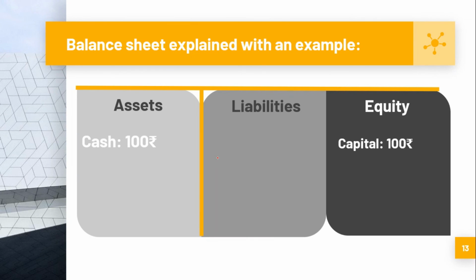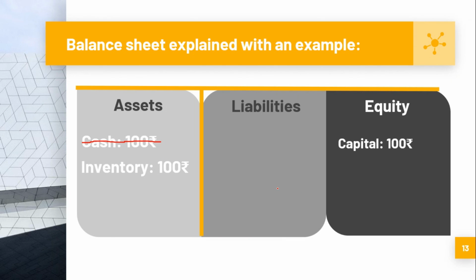So let's say you use all this 100 rupees cash to buy a few products and do sales and generate profit. So now your inventory value is 100 rupees. You have bought goods worth 100 rupees, but your cash will be zero now because you have used up all your cash to buy these goods. So now the products in your inventory will be an asset for you because on selling them, you can generate revenue or economic benefit. Hence your asset side is 100 rupees, your liability side is 100 rupees. Again, the balance sheet is balanced.